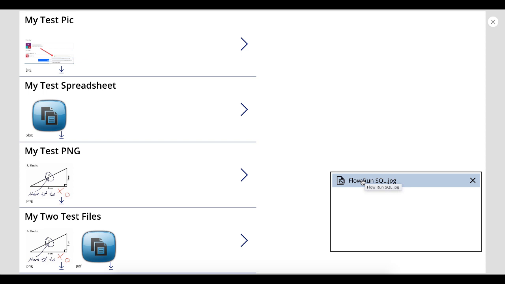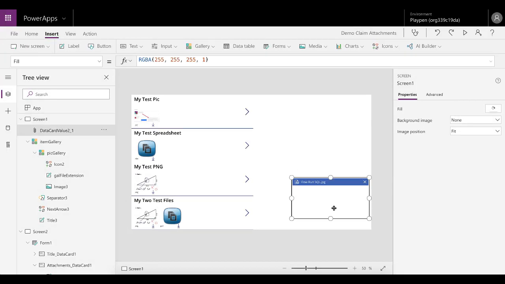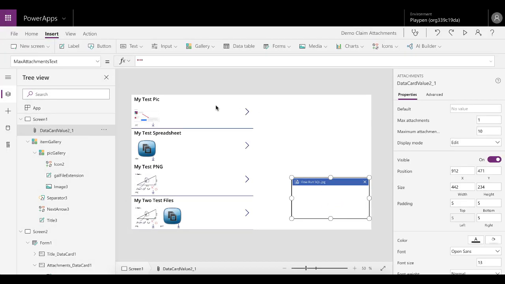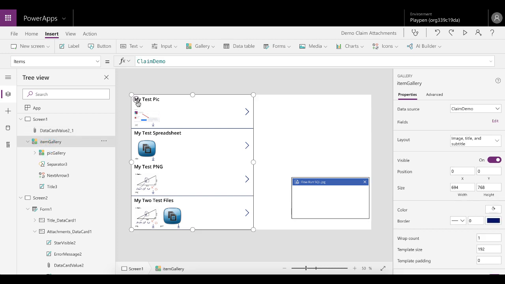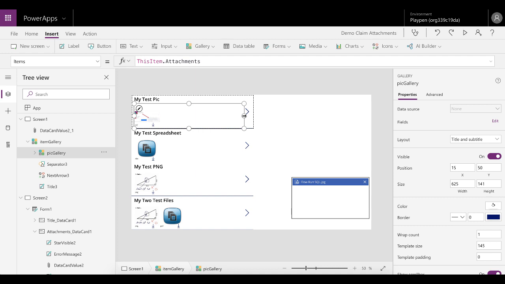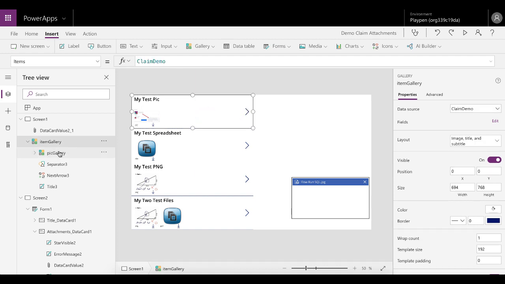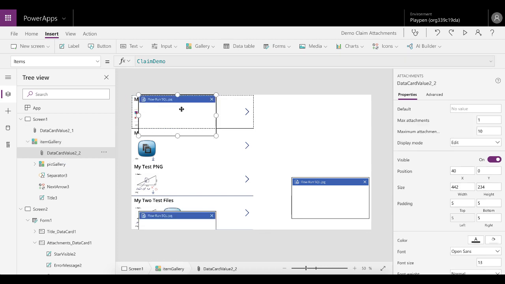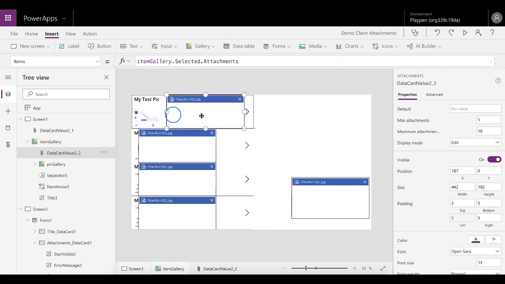What you could also do is, if I now copy this and I go and paste it into the gallery. Now remember, I don't want to paste it into the pick gallery. I want to paste it into the item gallery. So let's make the pick gallery a little smaller in the item gallery, and then on the right, let's make sure that's editable, and we paste that onto the right,